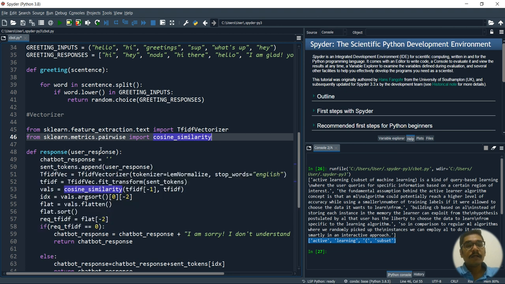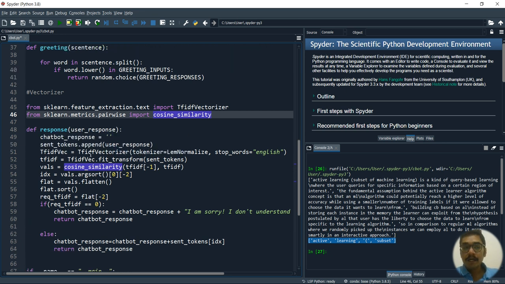Then I write my main function, which is the actual response the chatbot should give dynamically when you query it for something you want. For that I'm writing a function called response. It takes the user response. Initially the chatbot response will be empty, so that's why it is an empty string.